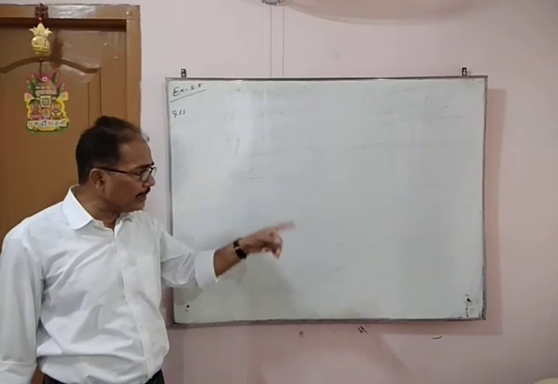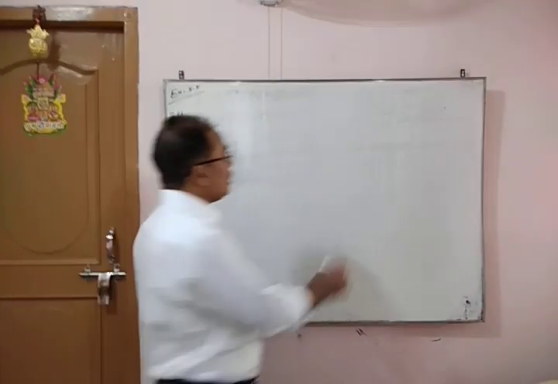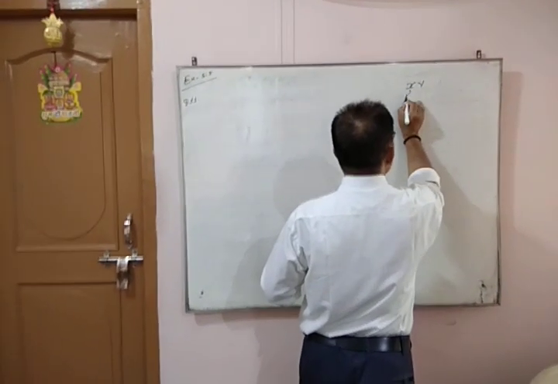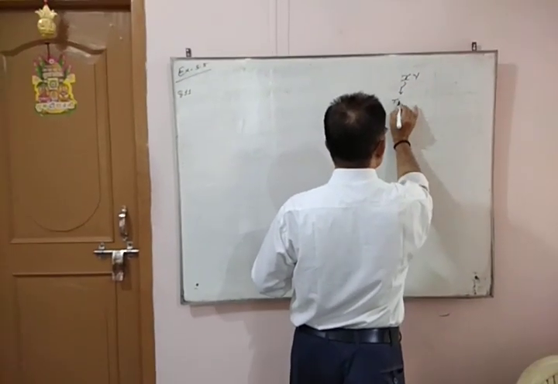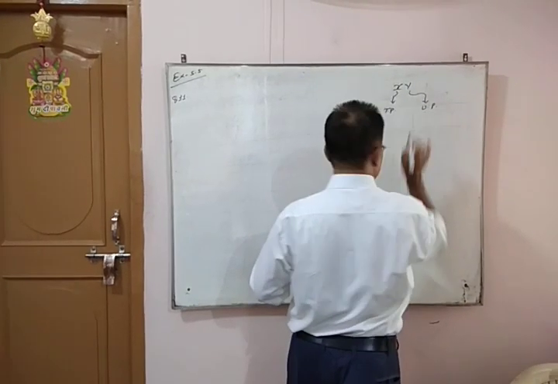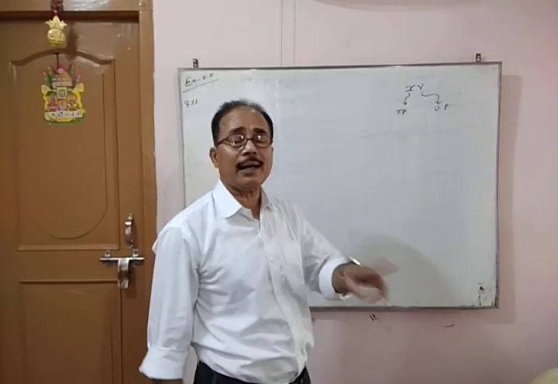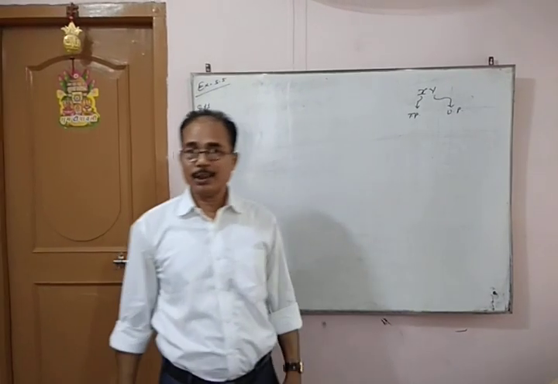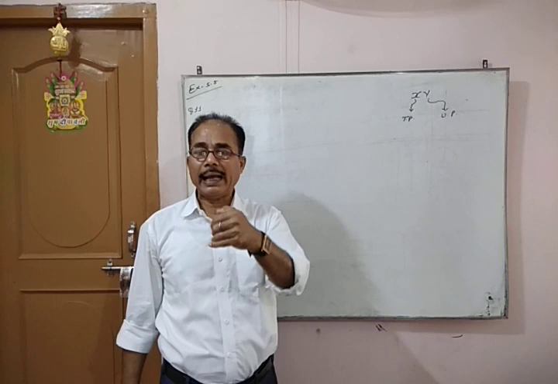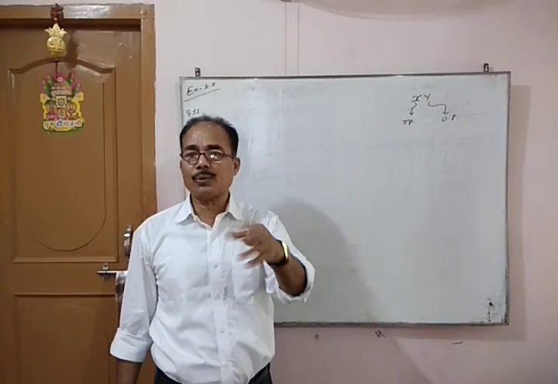So you can do it in the rough part. Let this be your number xy, where x is the tens place digit and y is the unit place digit. Let x and y be 2 digits. You go through the question minutely, analyze the question, and then according to the condition of the question you frame out